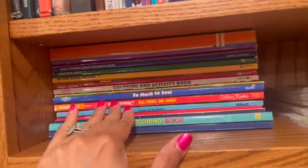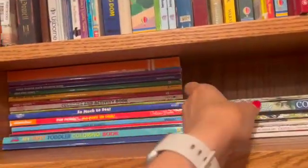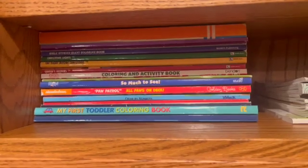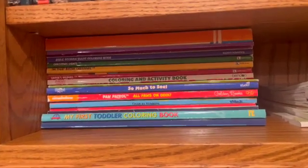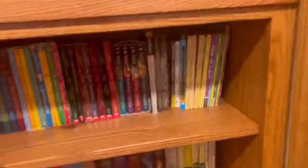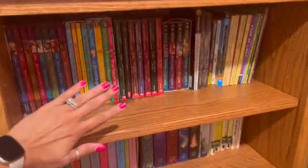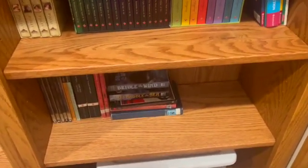Interesting tidbit of information. When I was going through our coloring books, it turns out we had like 20 Christmas coloring books. I don't even know how it happened. It was quite astounding. Okay, so then below that, I have 1, 2, 3, 4 bookcases or shelves, and these